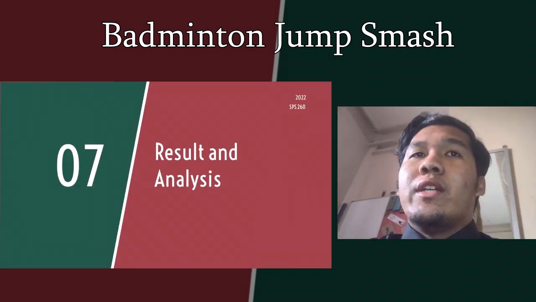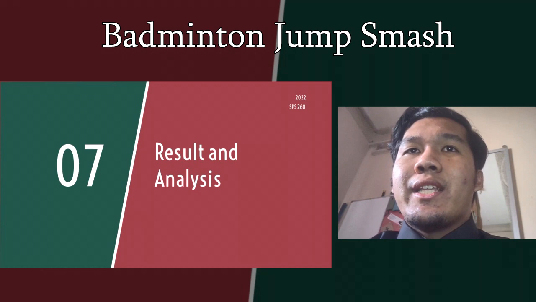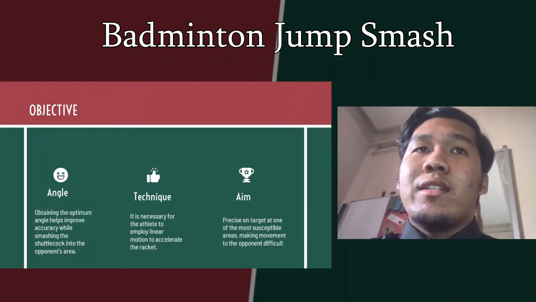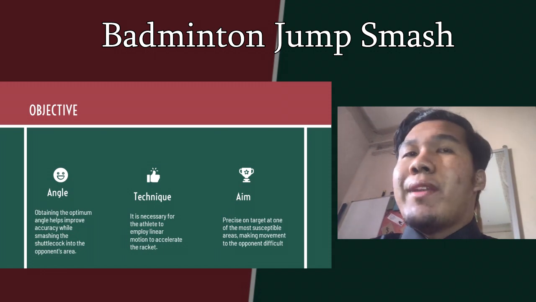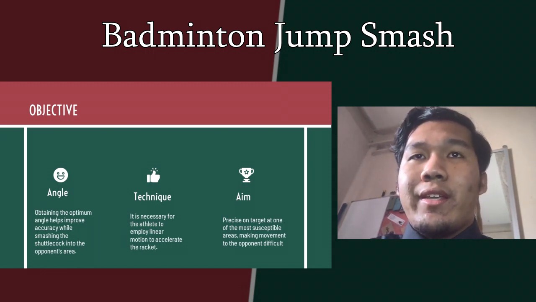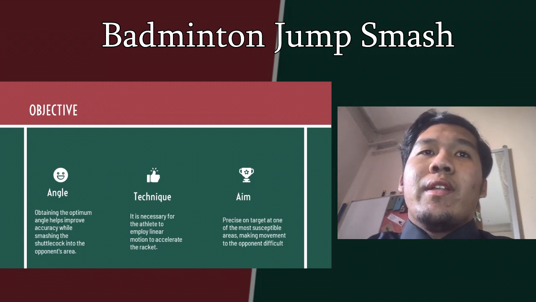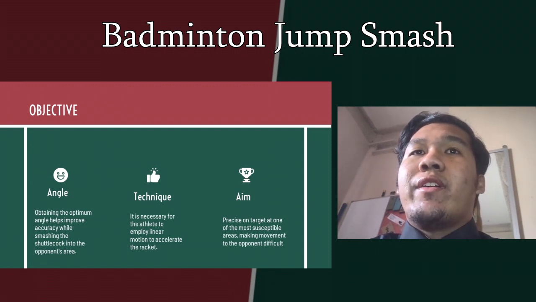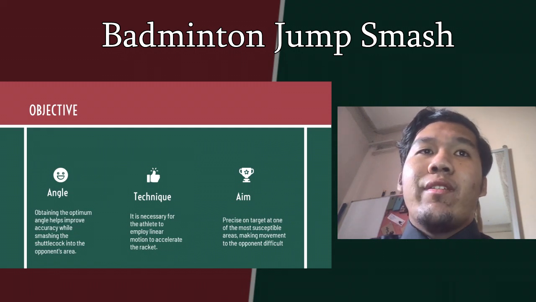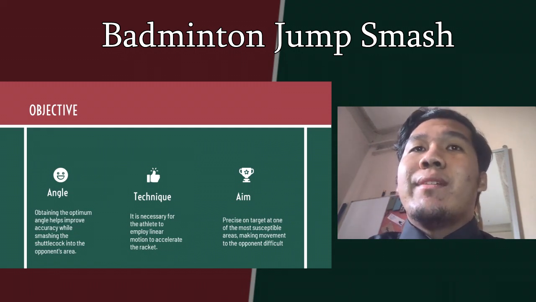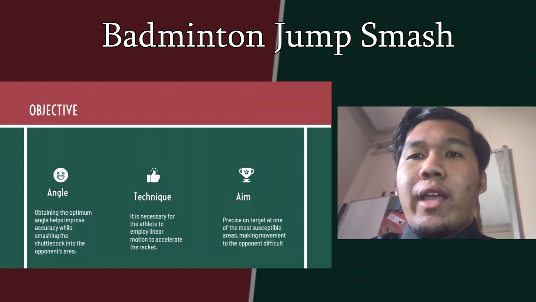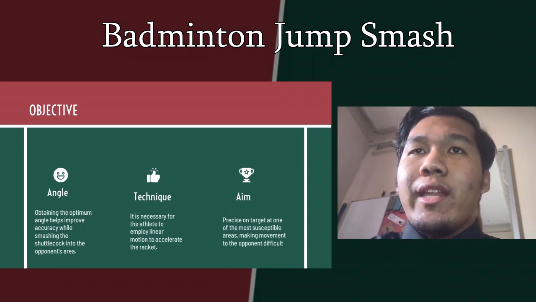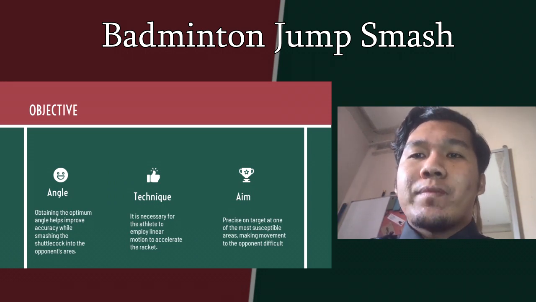After making all the observations, the analysis of the data, motion, movement, and skills such as angles, technique, and aim in penetration may explain many elements. The first consideration is the angle. Choosing the best angle improves accuracy while smashing the badminton into the opponent's zone. This is because they will have a variable influence on the athlete if they execute at the correct angle. In the video, for example, the execution phase is the second phase of the skill, which shows the upper and lower body are in a proper angle and allows the athlete to smash into the opponent's area.